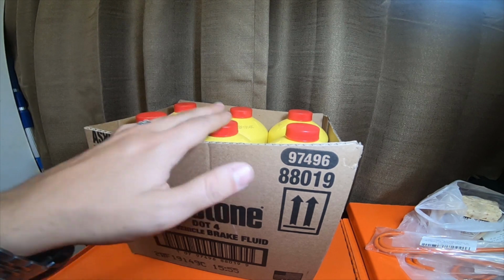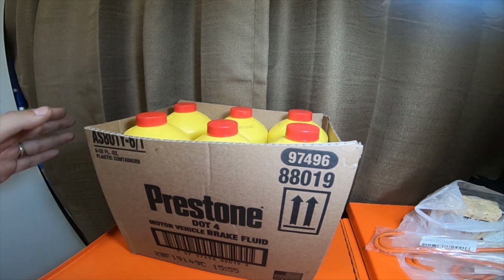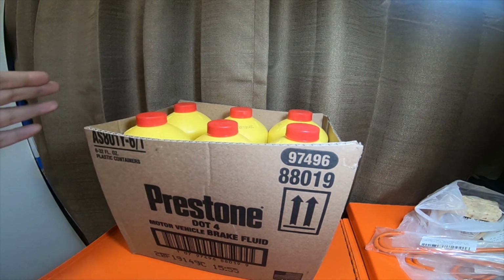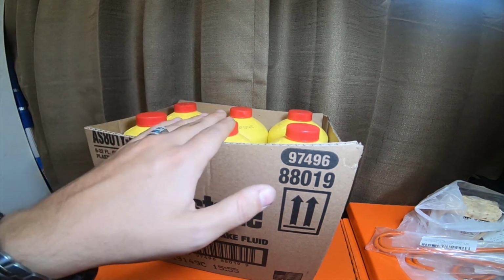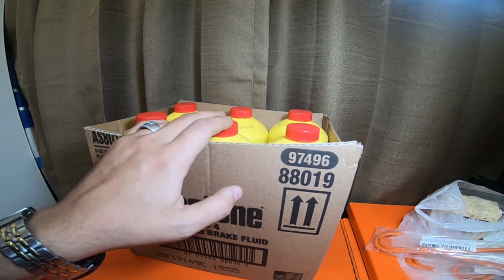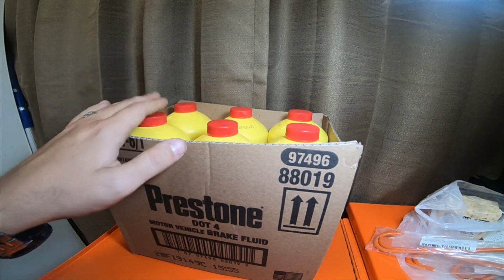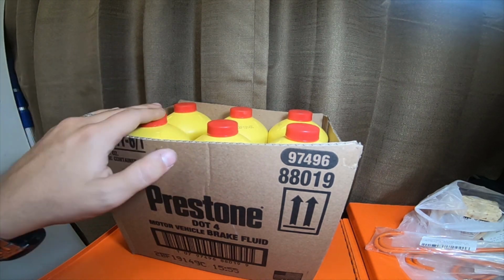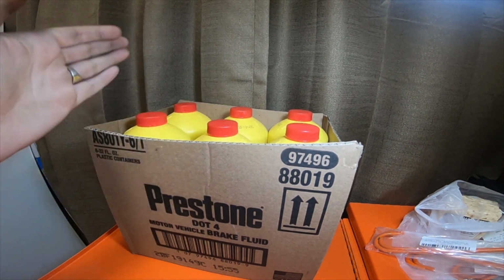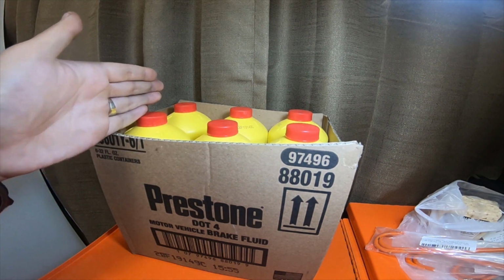If you do mix them, the only thing it's going to do is change the boiling point. If you add DOT 4 to DOT 3, it might provide a little bit more boiling point than DOT 3 by itself. Same with DOT 5.1. If you have DOT 4 and you want to pour in DOT 5.1, it may add a little bit extra boiling point to the DOT 4. They are mixable, they are interchangeable. Just some information for you guys. But right now I'm going from DOT 3 to DOT 4 complete flush. Next time I do a complete rebuild and install, I will do DOT 4